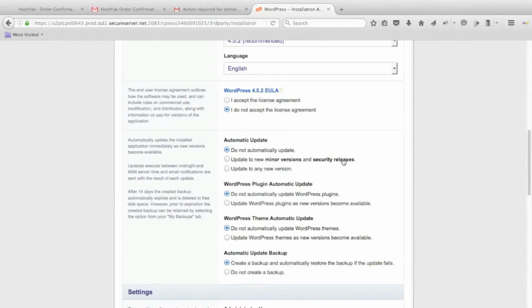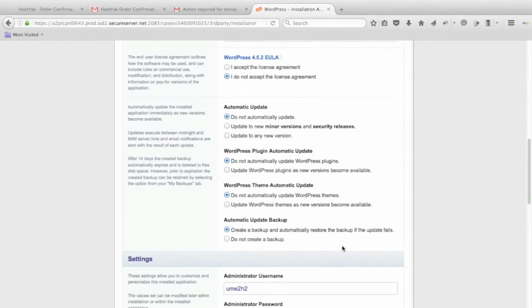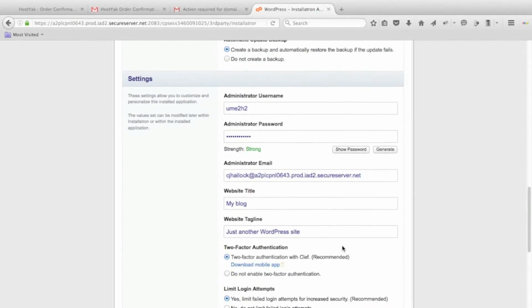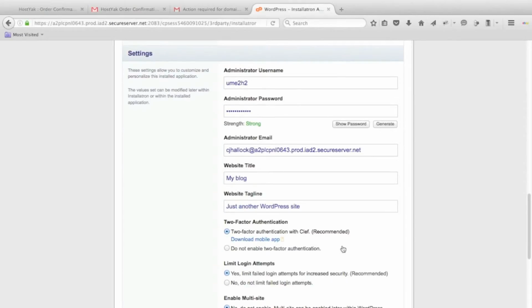So don't do the automatic update. Plugin automatic update, do not. Theme, do not. Automatic update backup, create a backup, automatically restore the backup if the update fails. You do want to create the backup,